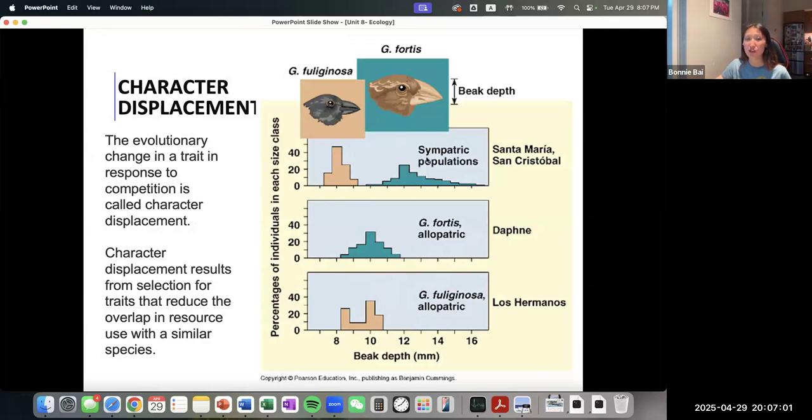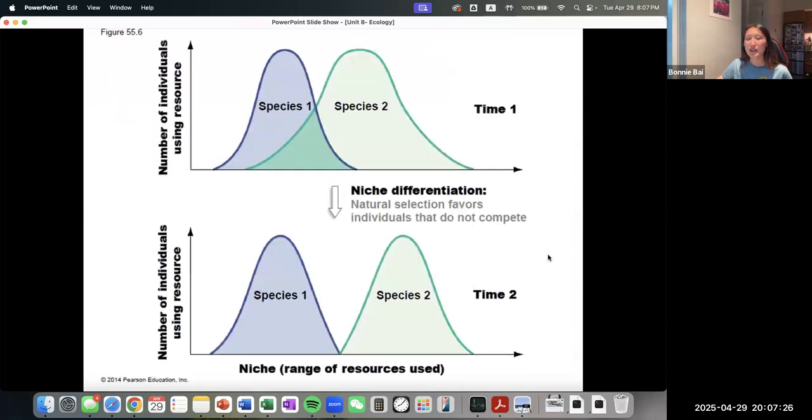But there's another island where they're on the same island together, and they evolved to have smaller beaks than when they're on their own, and these got bigger beaks than when they were on their own. So now they can avoid competition pretty much completely, and they both get to thrive as different species of the finches. Crazy. Okay, here's another picture showing you kind of this